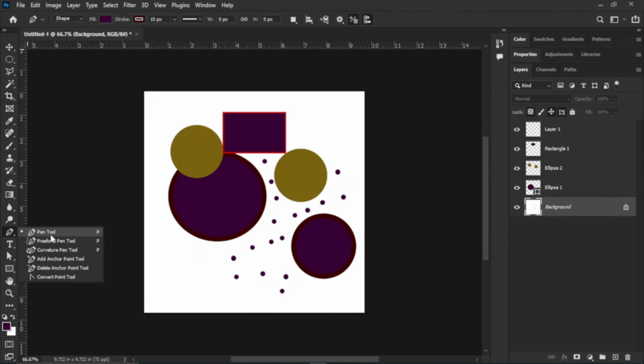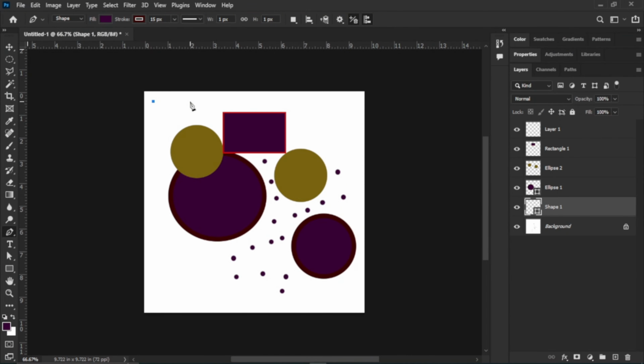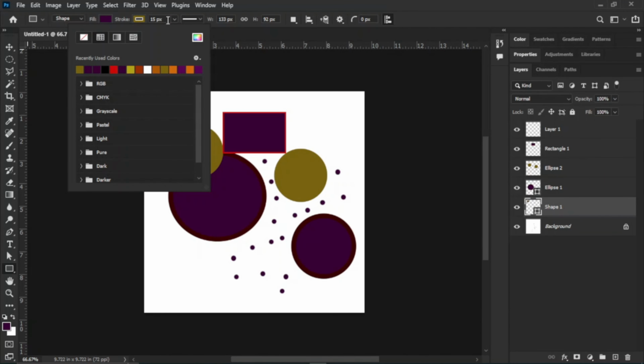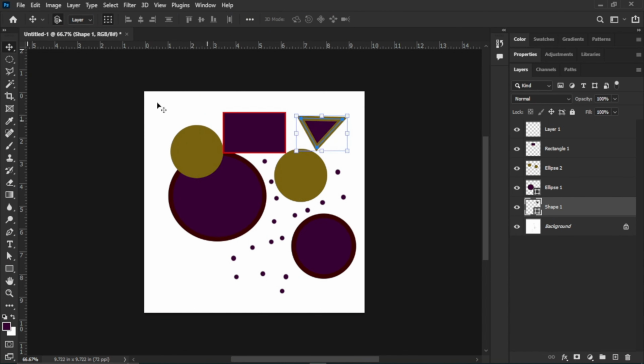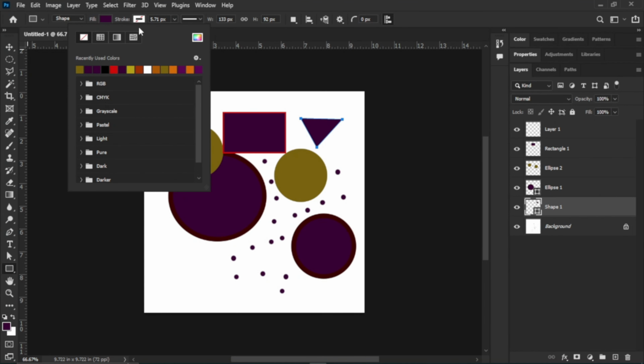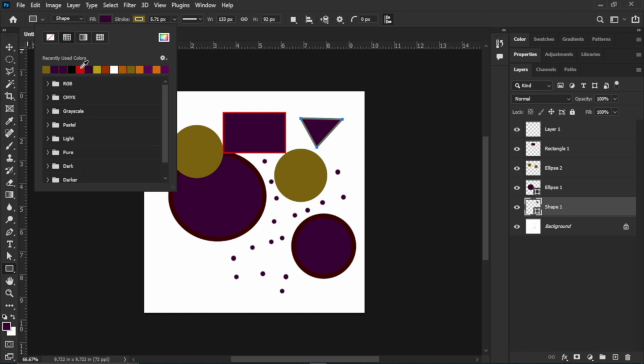And then we have the pen tool. So we have a freeform pen tool, curvature pen tool, and other pen tools, but we are using the pen tool together with the direct selection tool. So let's say I draw a shape with my pen tool, and then I want to change the shape, part of the shape or the strokes around the shape. I'll just click on the shape here, and then I go to the stroke, change the color of my stroke. Let me move it here. So change the color of my stroke, and then reduce the stroke. I can decide to remove the stroke